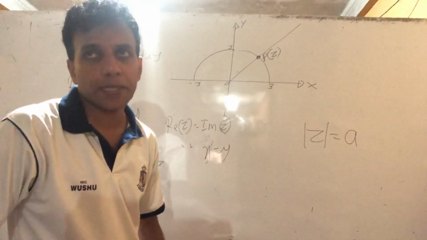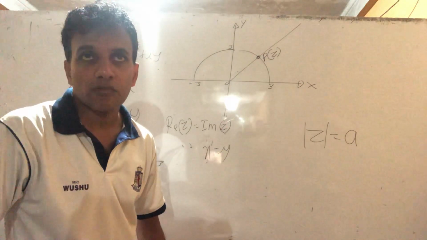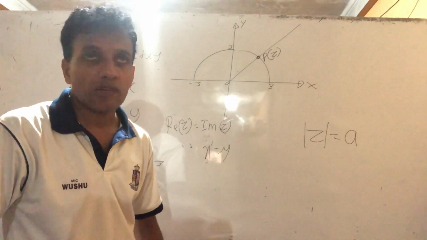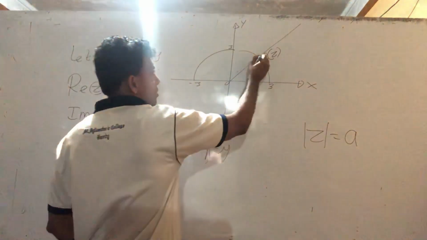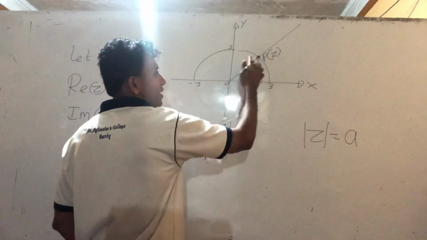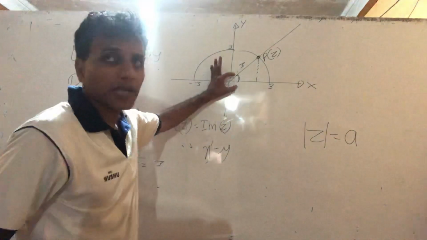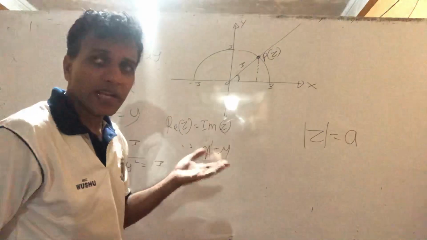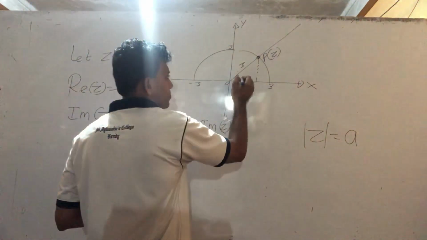That's what we need, right? Find the complex number z. If you know the argument and the modulus, you can write the complex number. A simple question. So, what is this? Radius 3. What is the angle? y equal x, gradient 1, tan theta equals 1. Yeah, pi by 4.